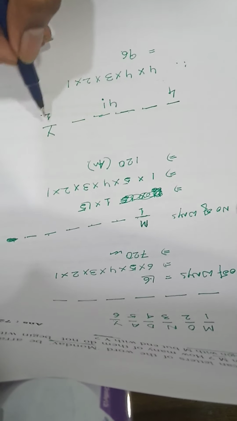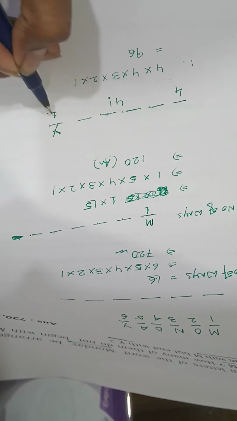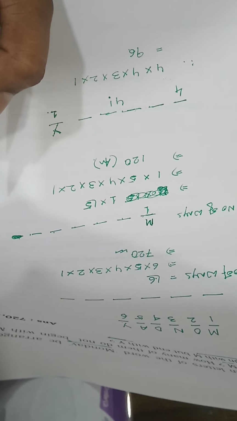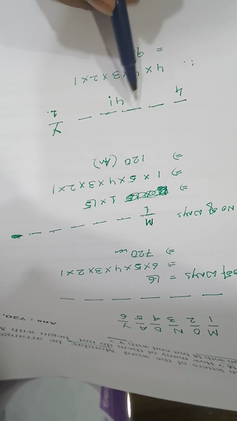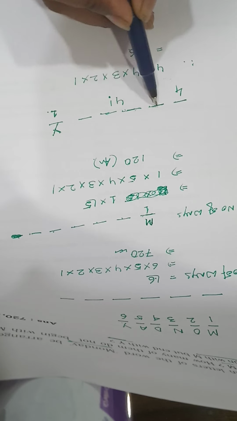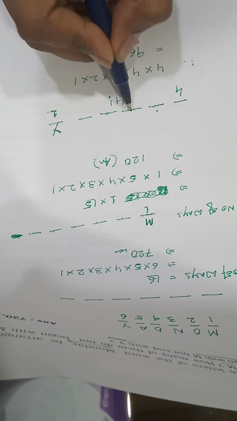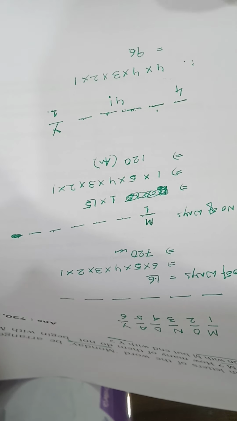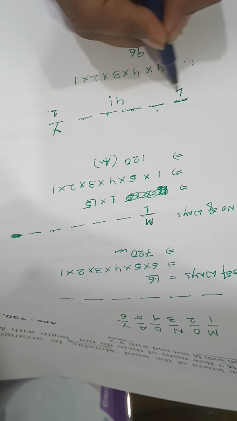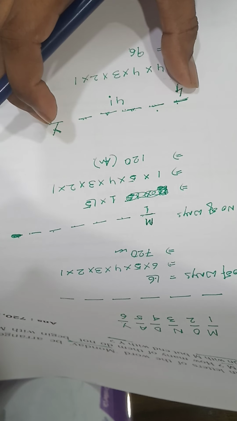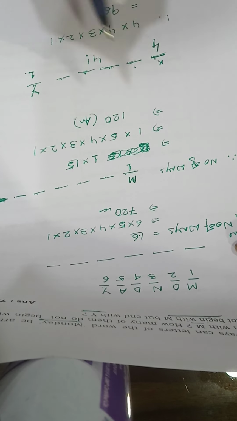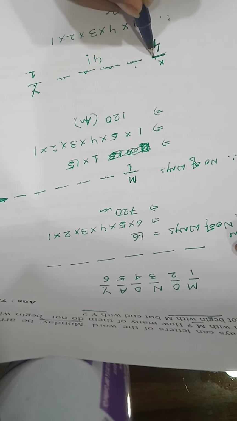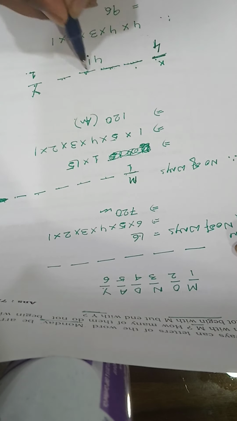Carefully watch, there are 6 places. The Y at the end, that is 1, and the M is occupied on these positions, any of these positions, either you put M here or here. So this place will be 4, because there is a 6 letter set, 6 letters in Monday. Y is occupied at the end, M is not occupied over here, so the 4 letters can be occupied over here, and the rest places are 4.